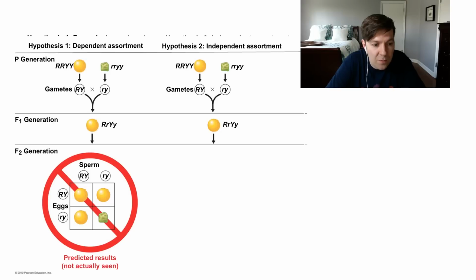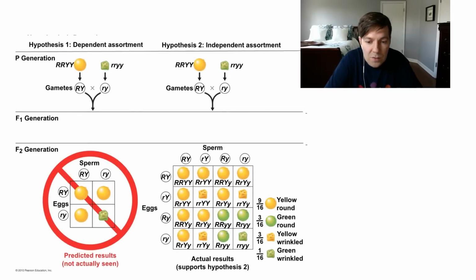If these genes assorted in a dependent fashion, in other words, round and yellow always went together, and green and wrinkled always went together, he'd get the same 3-to-1 ratio that he got in his monohybrid cross. You either look entirely like one parent or you look entirely like the other. But that's not what he saw. So this is where we get the 9-to-3-to-3-to-1 ratio, right? It turns out that your probability as an offspring of inheriting round doesn't have anything to do with your probability of inheriting